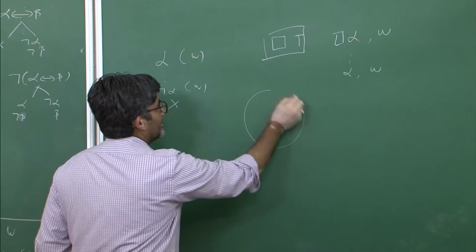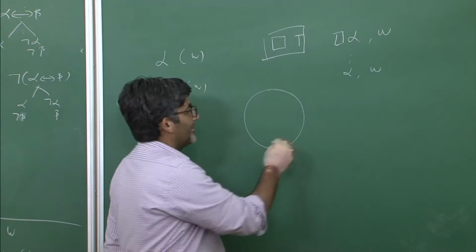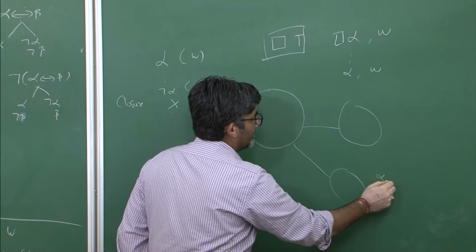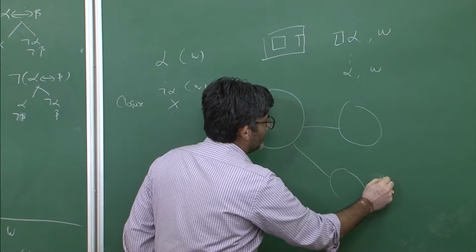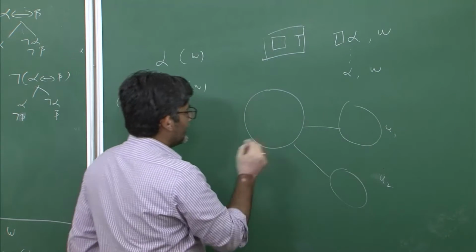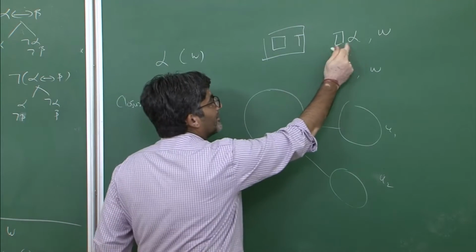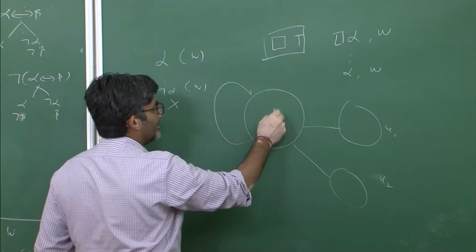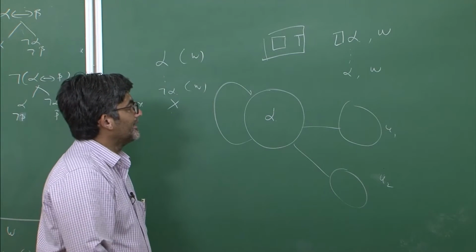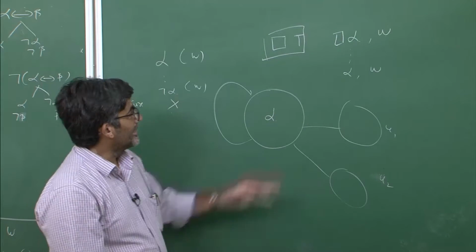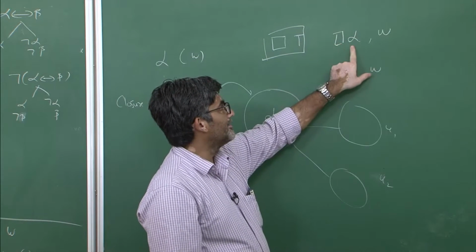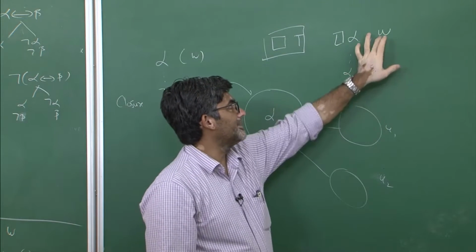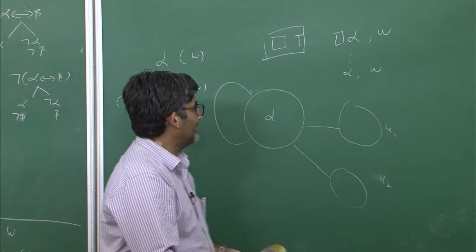So it is like necessity of alpha means it is true in this one, etc. Let us say this is U2, U1, etc. So in addition to that, if you have a necessity of alpha which is true in a world, and this alpha is true in this world itself, then you are following some kind of reflexivity relation that is nicely mentioned by this rule. Whenever you come across a formula necessity of alpha true in a world W, you replace it with alpha and put the same index. So that will serve our purpose.